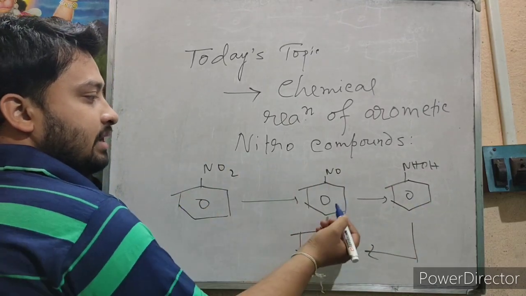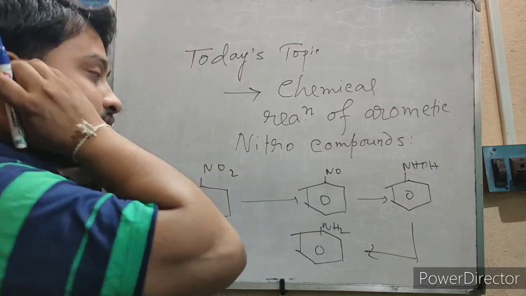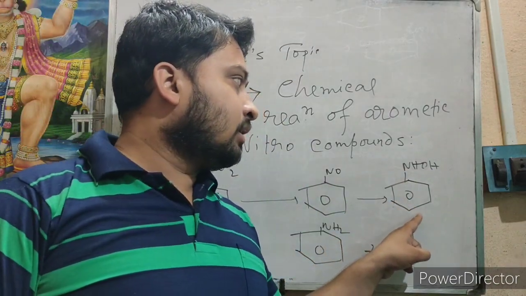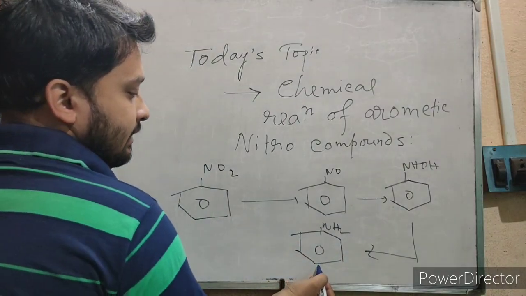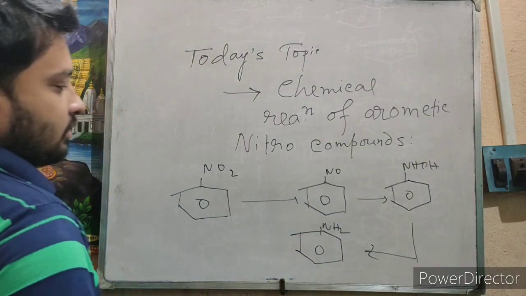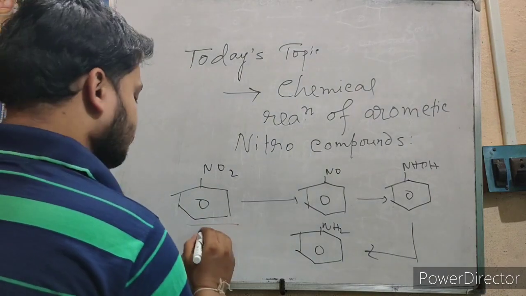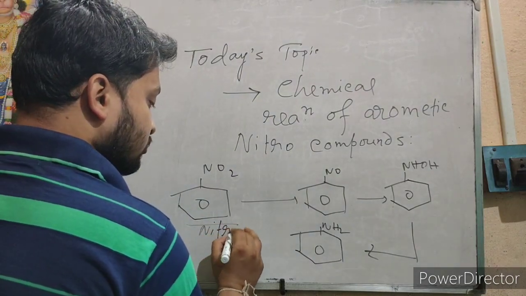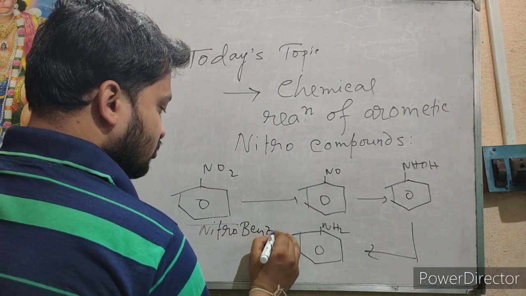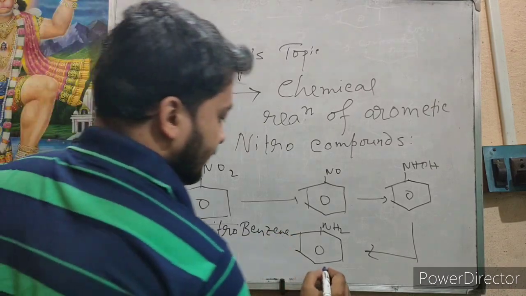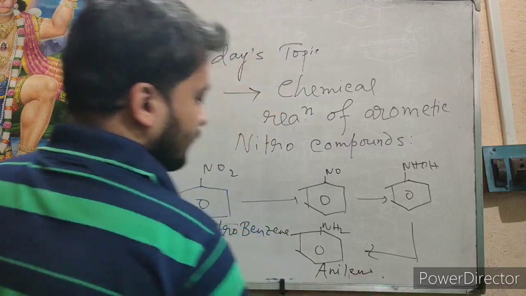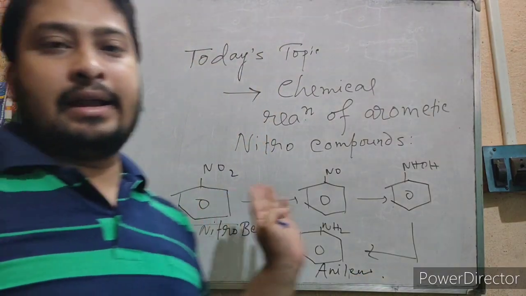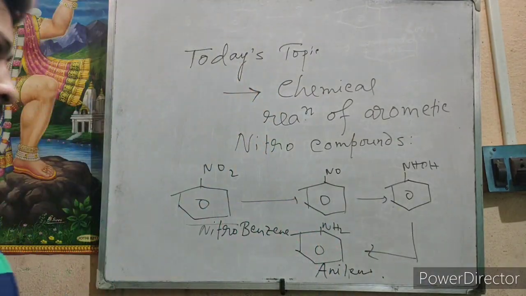Nitrobenzene, then nitrosobenzene, then phenyl hydroxylamine and then aniline. You can prepare nitrobenzene to aniline through this step. So